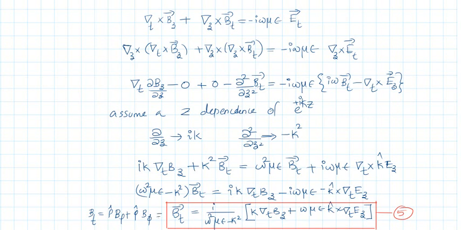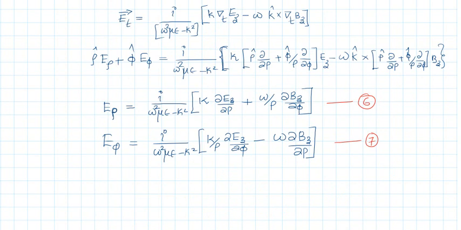That is the idea. So you got all the six components. Ez and Bz is the solution of the wave equation. From equations 4 and 5, you can find the four remaining functions.